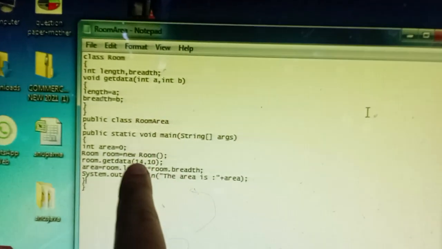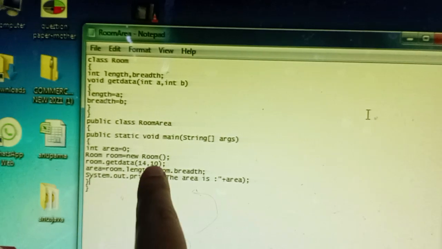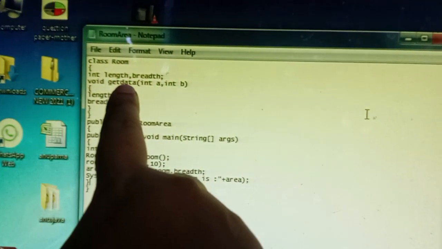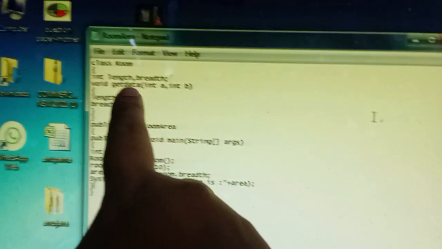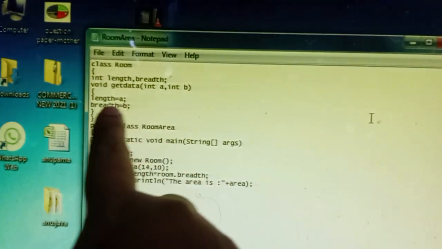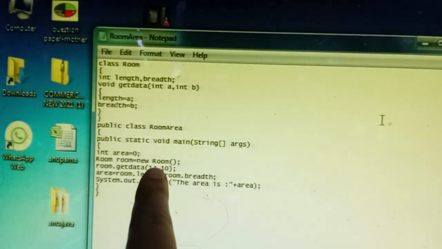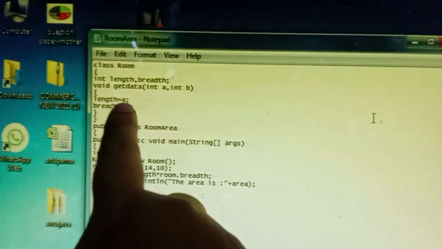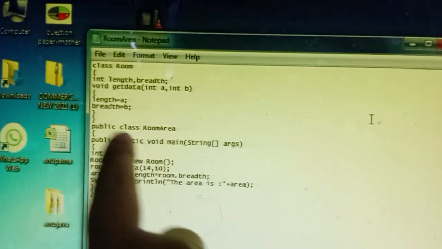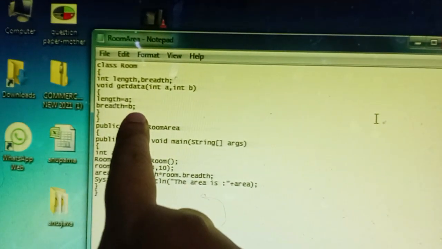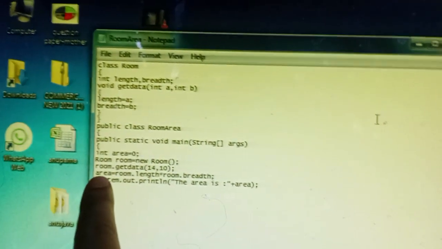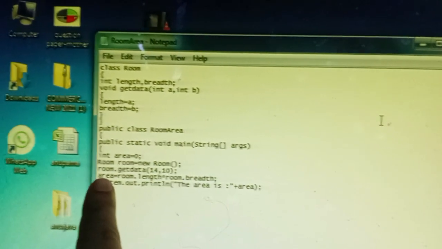After this statement, it calls the function which is in the Room class. Then it starts initiating length and a. Here 14 is given for a, 10 is given for b. So length equals 14, breadth equals 10. Then it comes to the next line of the main function.